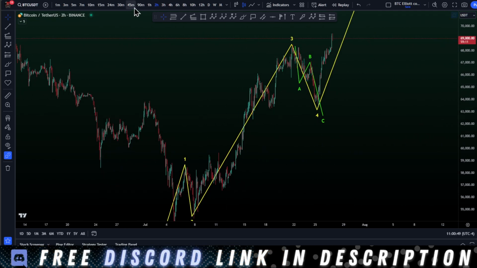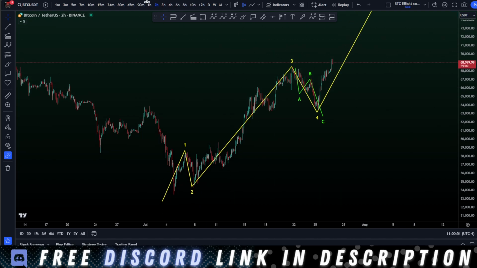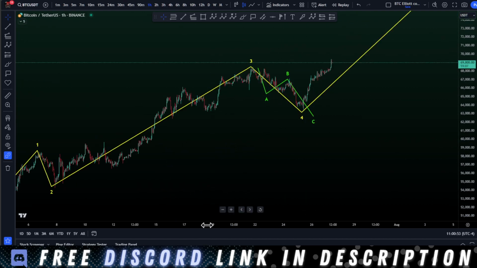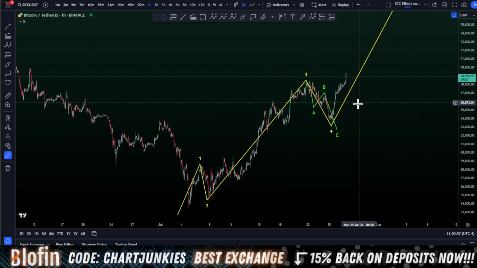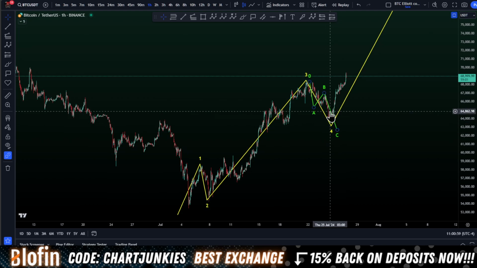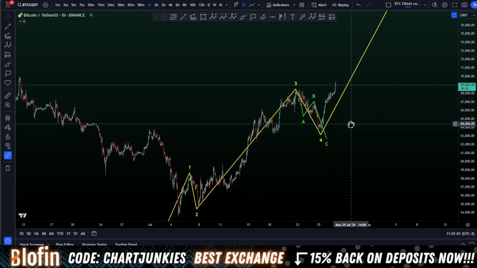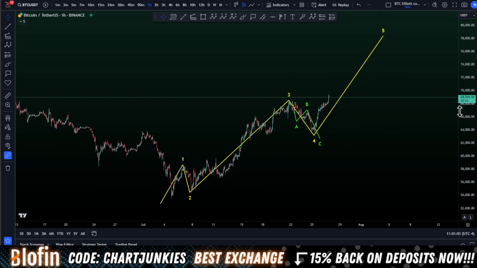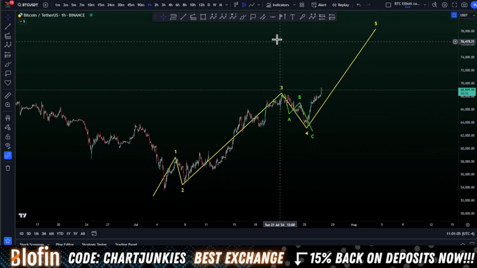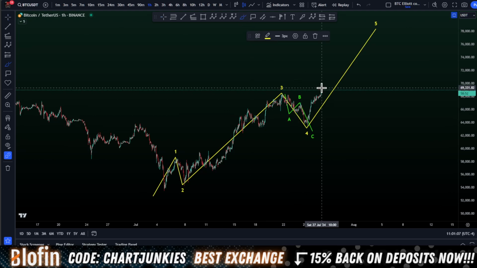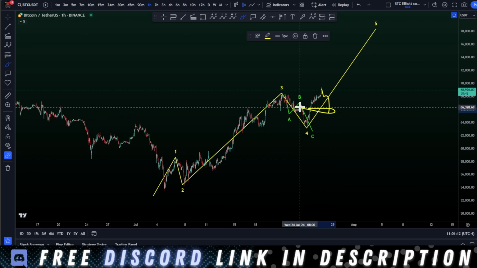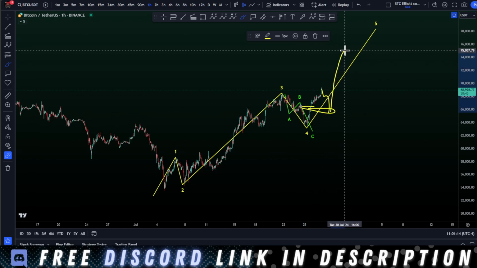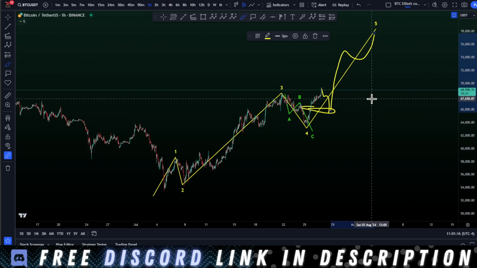This is just the 2 hour and the hourly, and honestly, as I said, it looks like 5 waves done. I gave you this spot to long down here, guys. It was there in my last video. Now, if you want this to break all-time high, you are looking for a correction down, come into some liquidity, and then we impulse out of here like so.